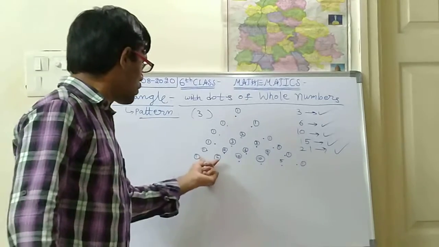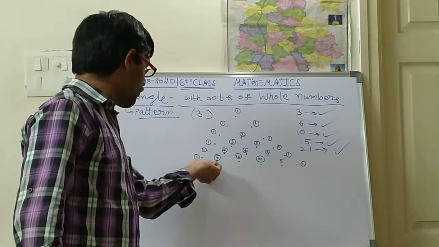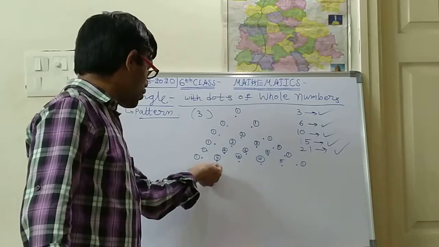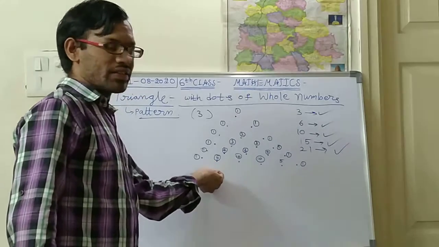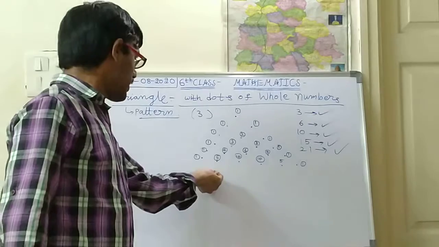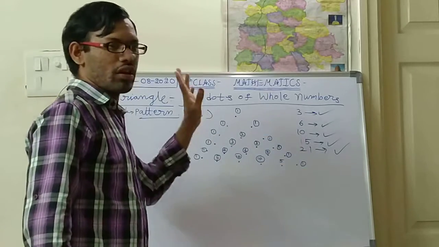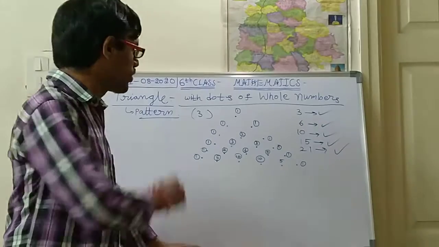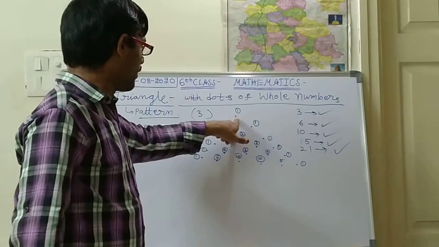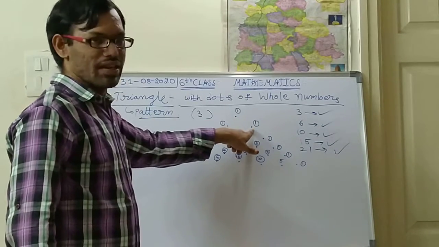Is it right, children? So in between two dots, if you add, you should add, and in the next line at the center you should write that number. Like that, at the corners you should keep ones only. So this is how this is looking, means 1 into 11 is 11.